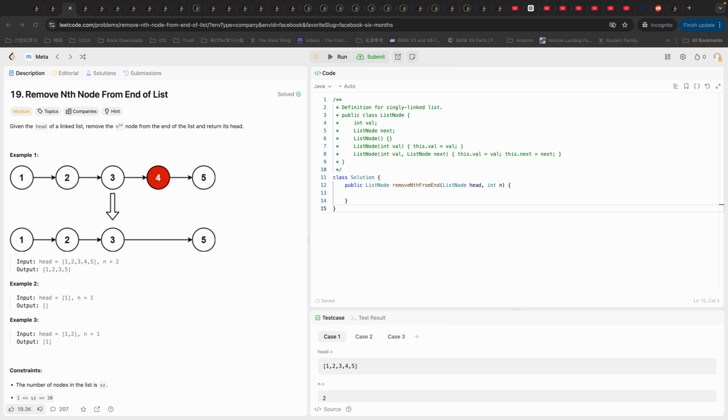This is Leo and let's do some more Leetcode problems today. Today's problem is called remove nth node from end of list. We are given the head of a linked list and we remove the nth node from the end of the list